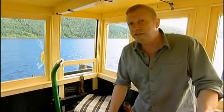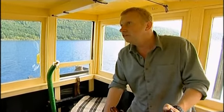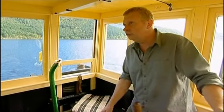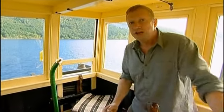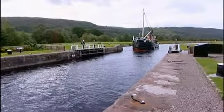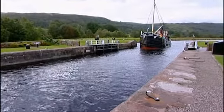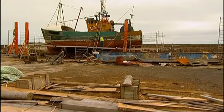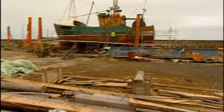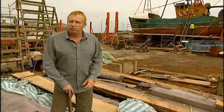It was the onset of the Industrial Revolution that caused the canal to be built, but strangely, it was the success of the Industrial Revolution and the far-sightedness, energy and ingenuity of Glasgow shipbuilders that meant it never realised its potential. When we look into the failure of the Caledonian Canal, we discover the fascinating story of the development of lowland Scotland's shipbuilding industry. At the beginning of the 19th century, most of world trade was carried by small boats